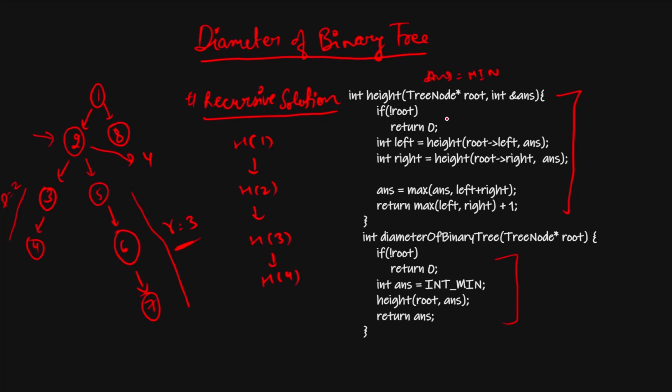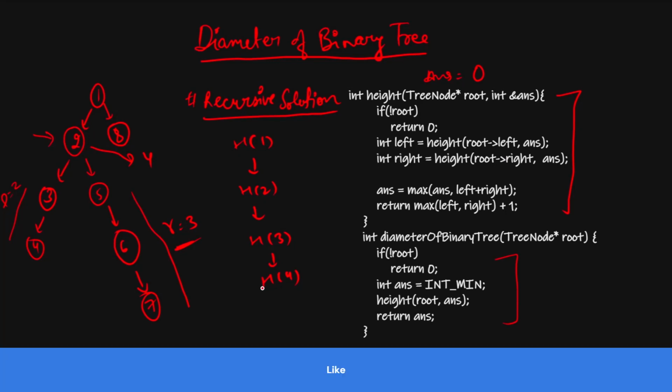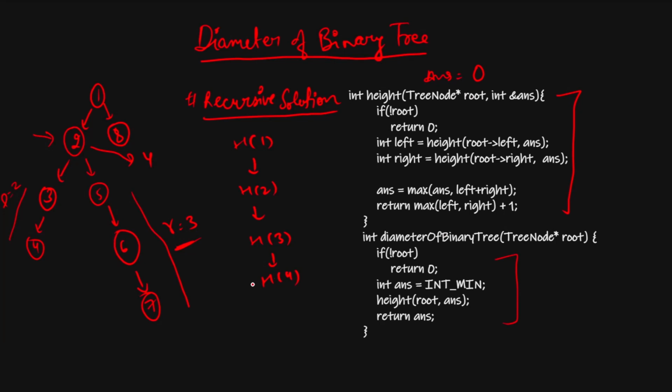And before returning 1, it will initialize my minimum with 0. Left plus right is 0. Now from here, this 1 is returned, so 1 is from S3's left. Now we will call its right. Its right will be null, so it will return 0. Now 0 plus 1 is 1, so our answer will be 1.